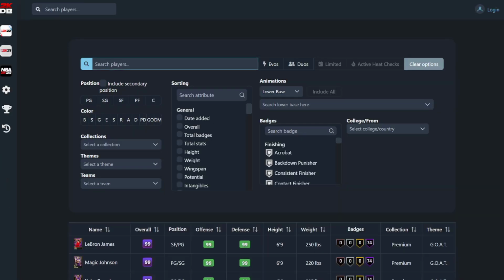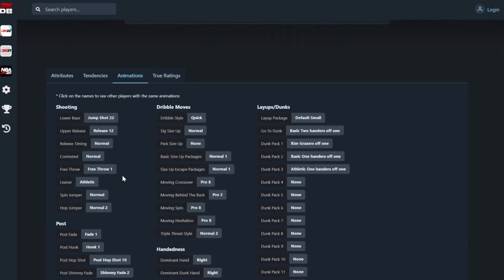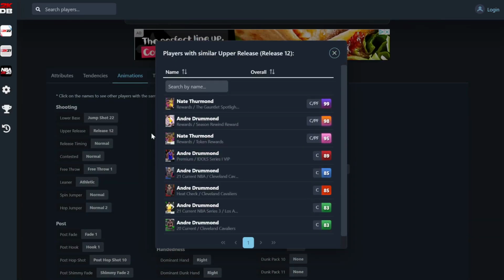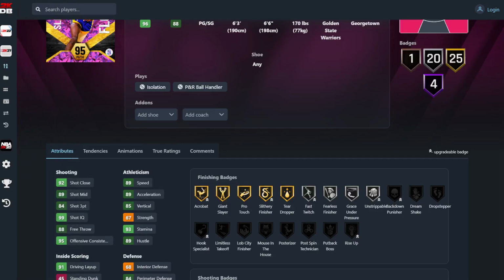All players, I just want to check because jump shots haven't changed. So, just going to check if his release is the same as last year's. Because this, he had a really weird upper. He hit upper 12, and upper 12 was like... No, it wasn't that. It was Andre Drummond's release. But I'm telling you, that upper 12 is really weird. But Sleepy Floyd this year is...